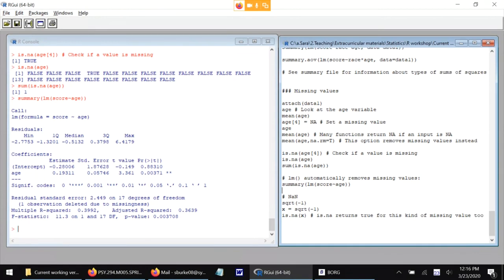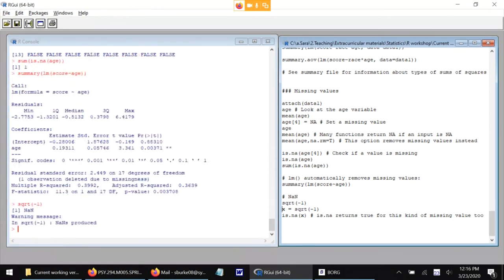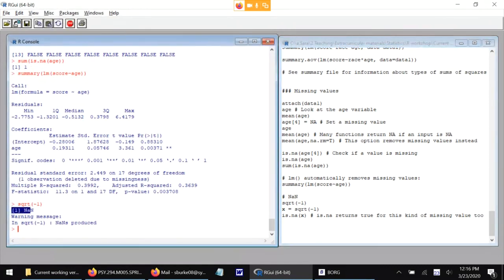The last thing about missing values that I want to show you is the nan value. So if I try to calculate the square root of -1, 2 things happen. The first is that it gives me a result, which it calls nan, capital N, lowercase a, capital N, not a number. But it also gives me a warning message telling me that there were nans produced in